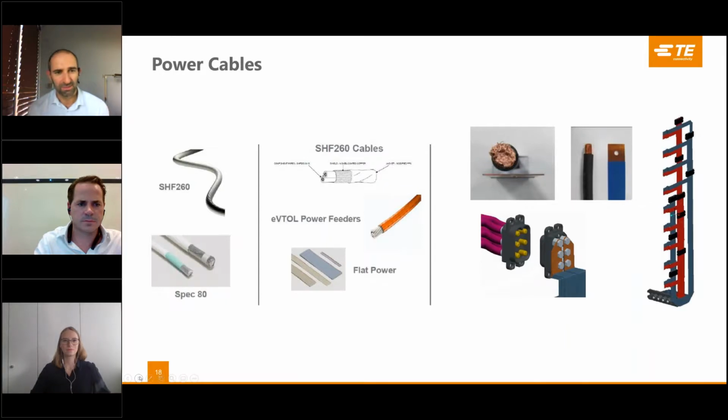Power cables, wiring cable, again, one of our strengths. We have aluminium cables as well as copper cables, and a lot of our customers like to talk about the advantages and disadvantages of switching between aluminium and copper. We also have a broad product range of highly flexible cables. Again, in these tight environments, or where you have a tilting rotor or a tilt wing configuration, flexibility is very important in those applications. Again, we have a lot of experience with military business and commercial aerospace business for very unique applications for flexibility and power and